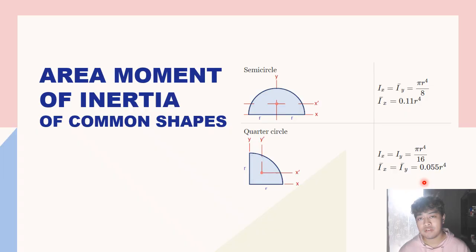But in computing the area moment of inertia, it would be very helpful for us to remember our previous lesson, which is the centroid, because in computing the area, the moment arm, and even the reference axis, if we change the reference axis from one place to another, then we will have to use the centroid. Also, it would be better if you remember the centroid, or if during the quiz or during the exam, you also review for the centroid.